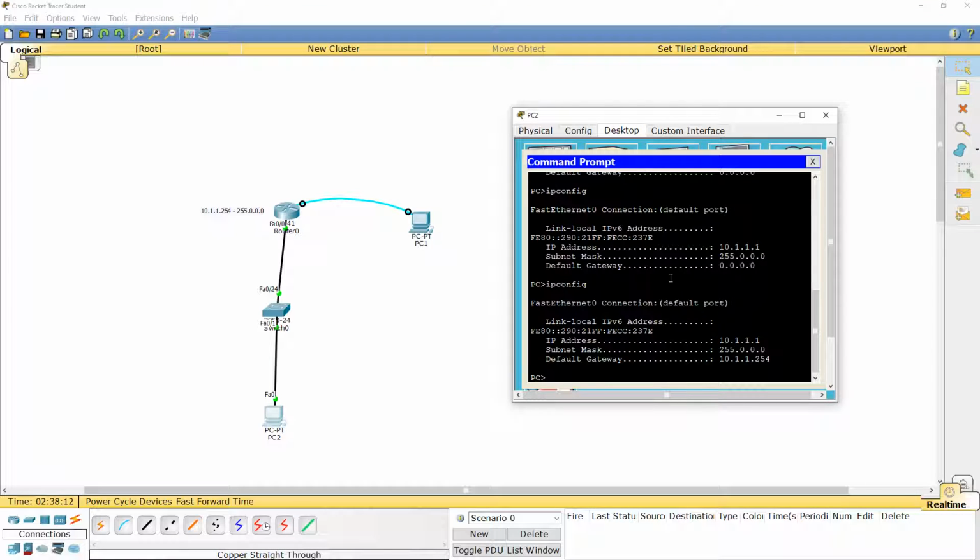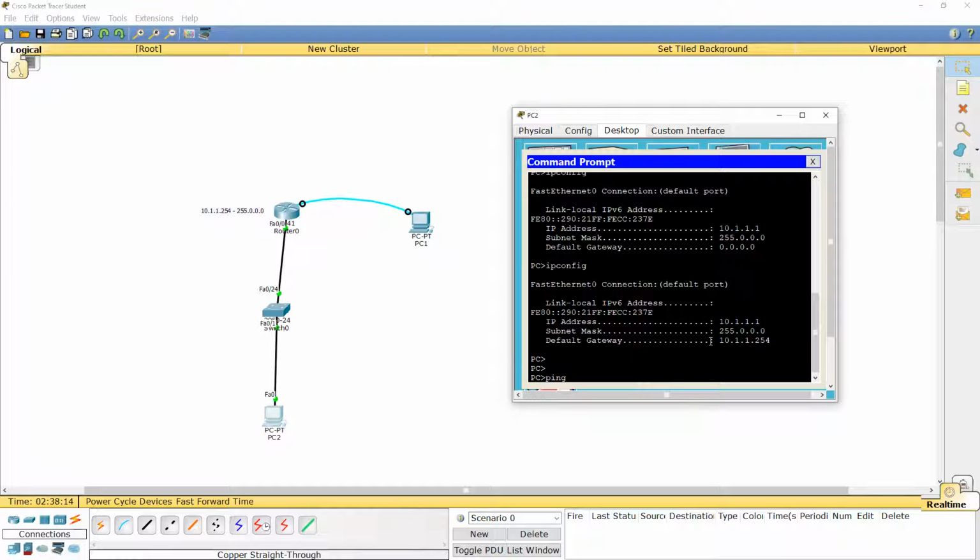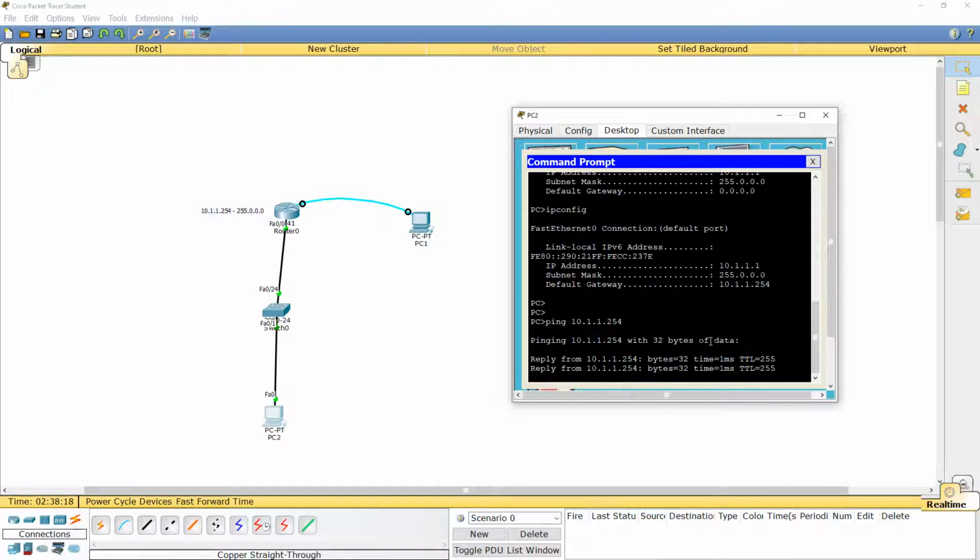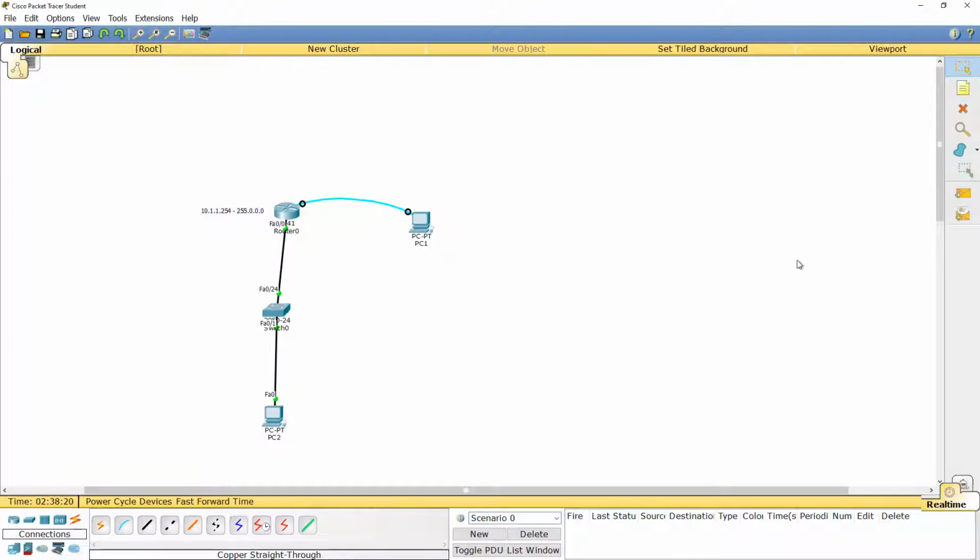You see, now when I ping, I have a reply back. So I can give this machine the address 10.1.1.1. Now these two machines are on the same network.